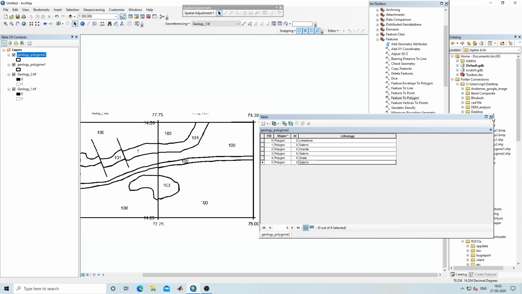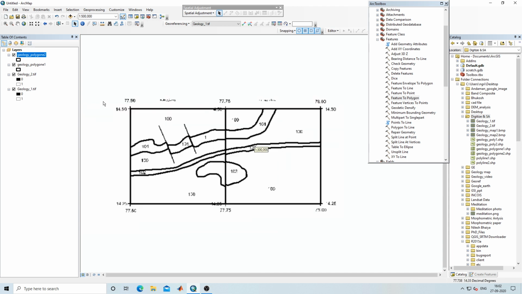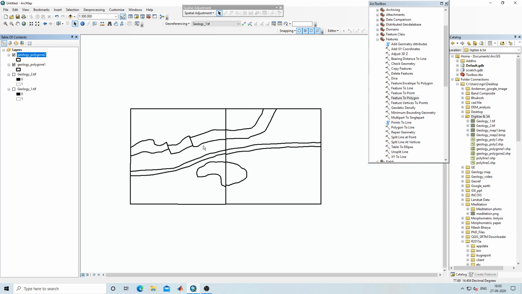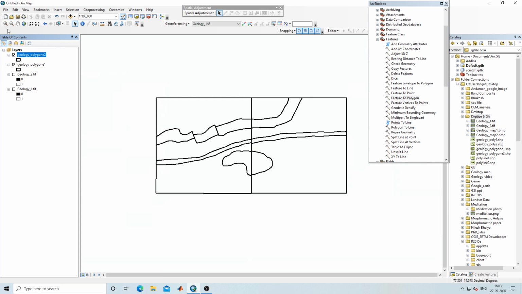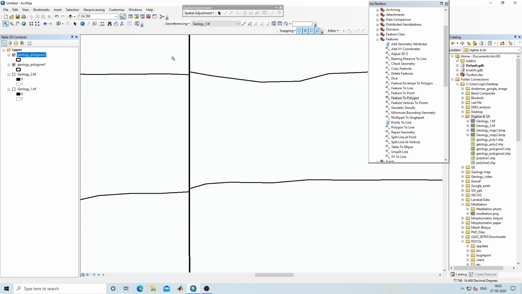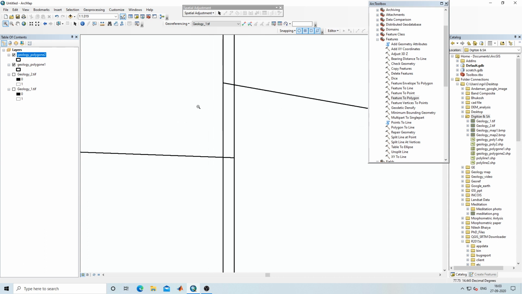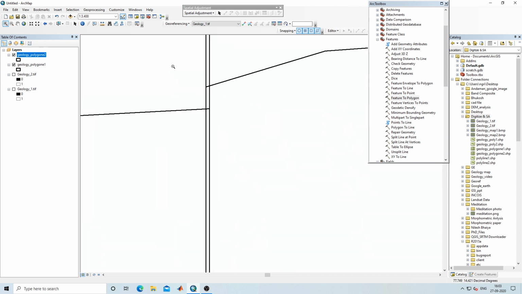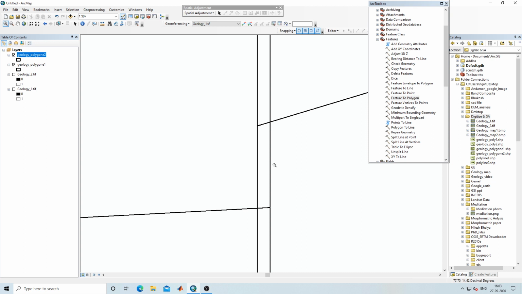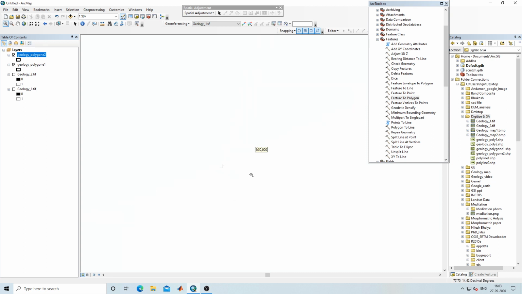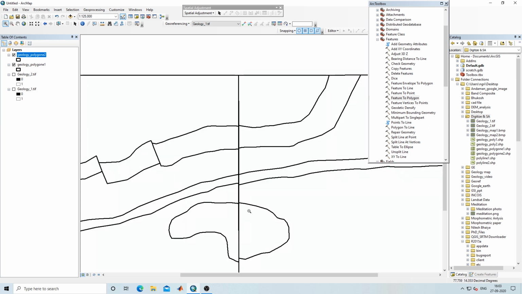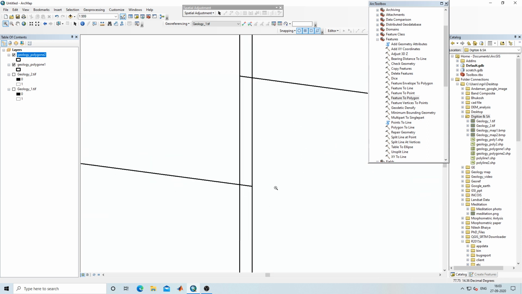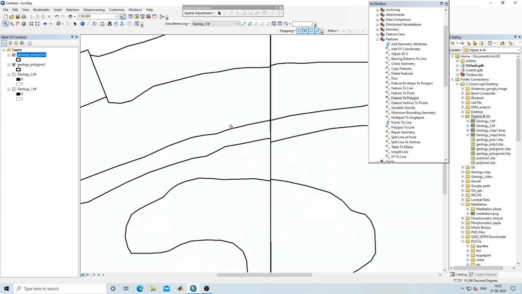So now what we have done, you can see we have this geology polygon 1 and geology polygon 2. So these two polygons we have, but we need to do spatial adjustment here to dissolve this middle line. You can see this is not attached. This should be attached here, but it is not. You can see here also. So we need to do a spatial adjustment here.